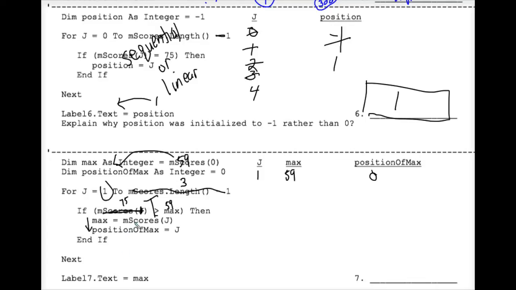So what are they doing? Well, m scores j, because j is 1 right now, is 75, and that 75 is plugging into max, crossing out the 59. The 59 is now crossed out. 75 is the biggest number found so far. Position of max is j, so since j is 1, it plugs into position of max. We hit next, we loop back up, j bumps up to 2, and then we check to see if